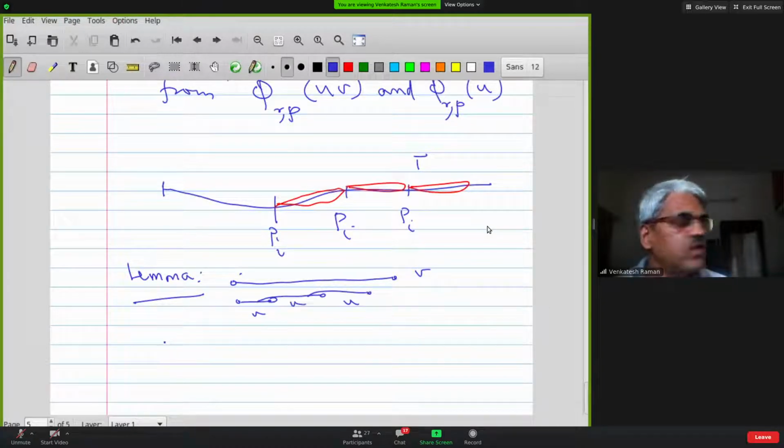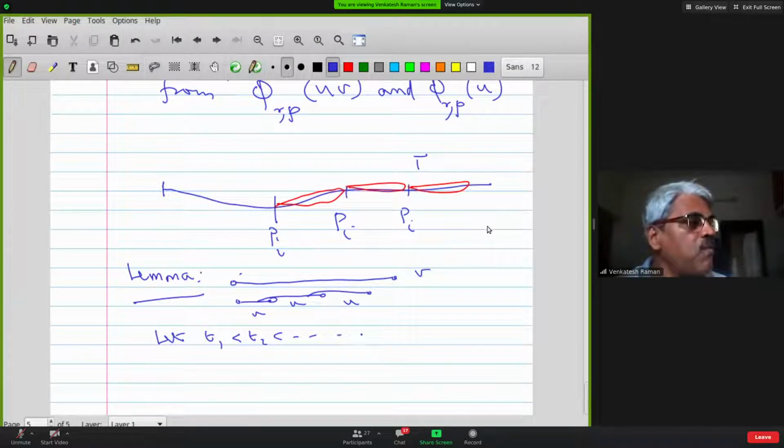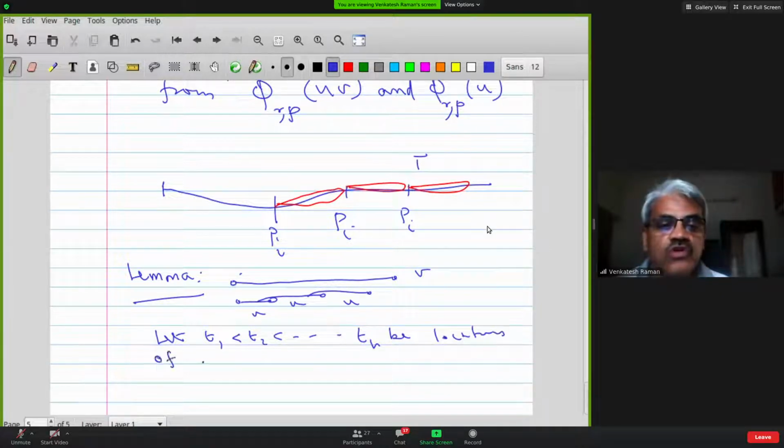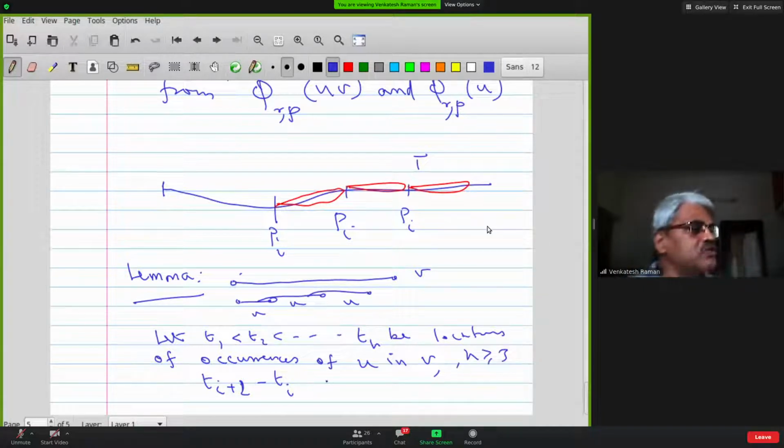So let T1 less than T2 less than ... TH be locations of occurrences of U in V, and suppose Ti+2 minus Ti, and H is greater than or equal to 3. So there are 3 occurrences, and Ti+2 minus Ti is less than or equal to the cardinality of U. Okay, let me write. Then